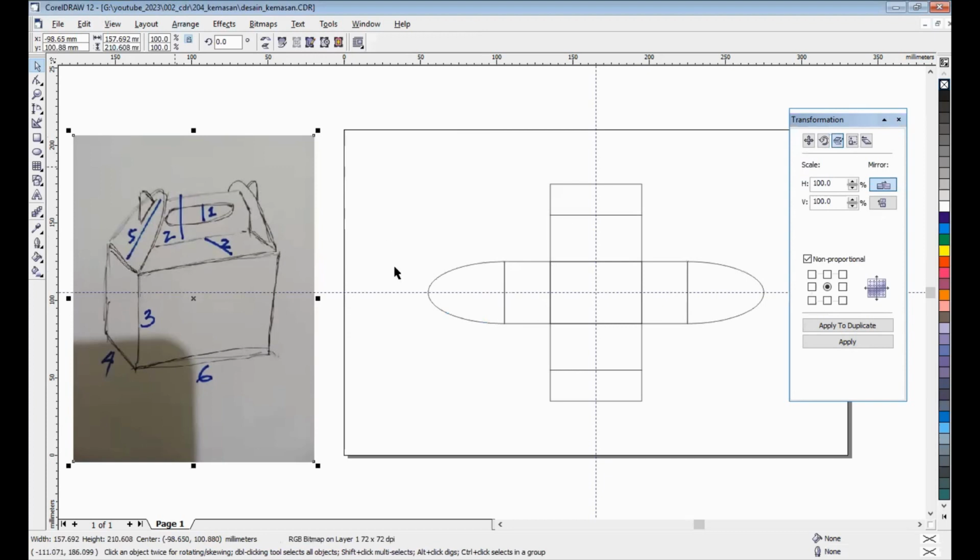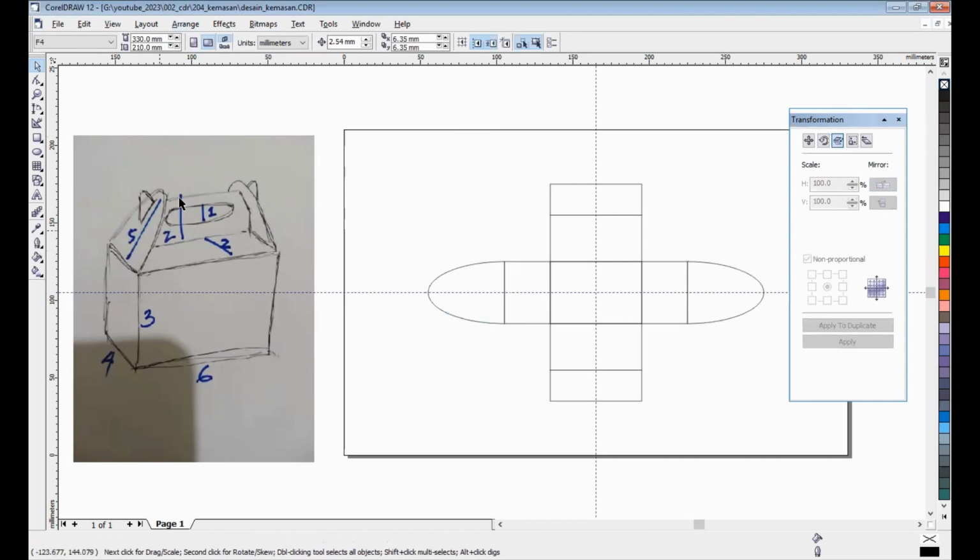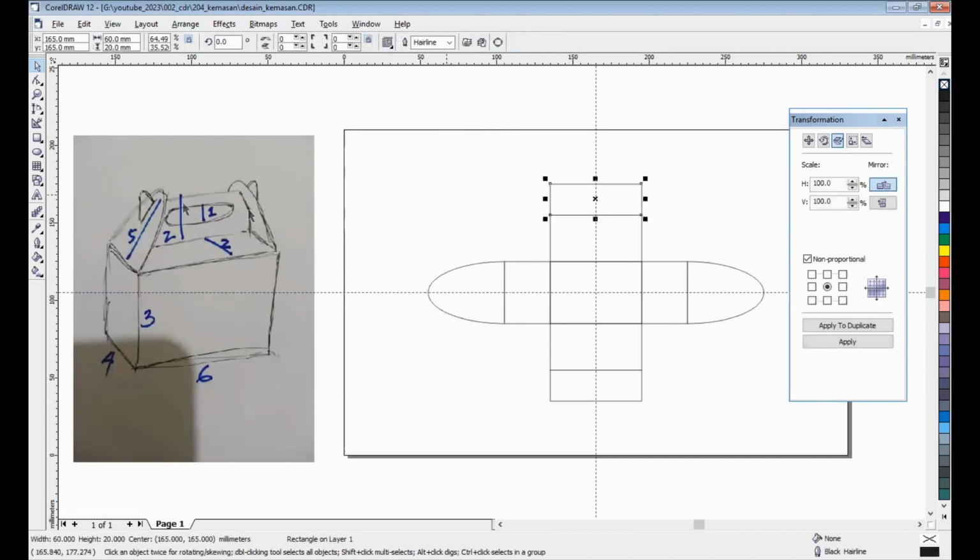Okay, now I will create this. I want to create this illustration. It will be the same, maybe 2. We have 2. Control C, Control V here. But I want to create it like this.